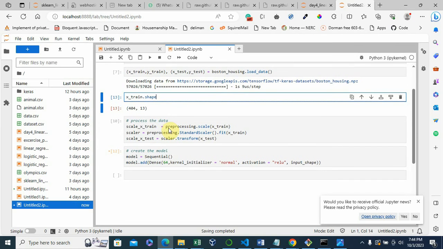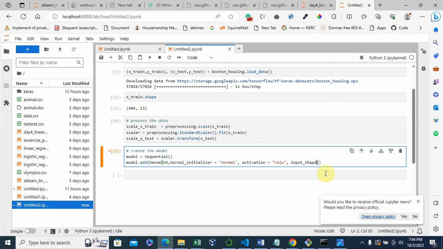So I'm going to use 13 as the input shape. So input shape equals 13 and nothing, pretty much like this. Do we have all our brackets closed?